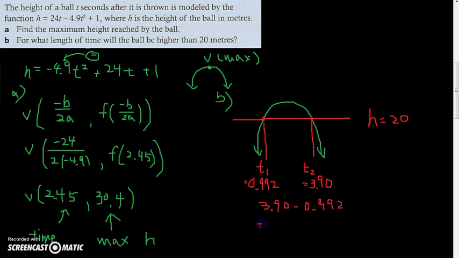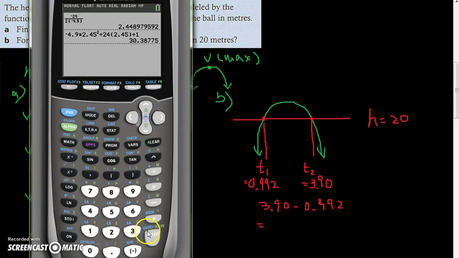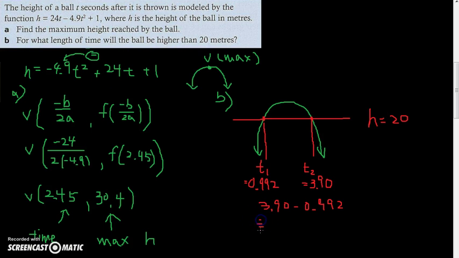Now I go back to my calculator, 3.90 minus, please don't use the negative sign, minus 0.992 equals 2.9, so approximately 2.91